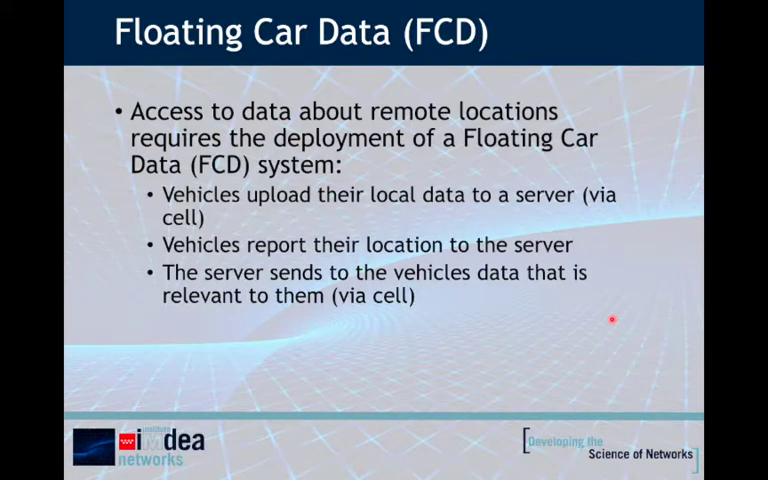In this presentation, I'm going to assume that this FCD system is obtained by every vehicle using their sensors locally to obtain local data and upload the data to a server, for instance, using a cellular network. Then the vehicles in this system report their location to the server, and the server sends to them the data, the FCD, that is relevant to them given their location and given the type of request that they are making using this